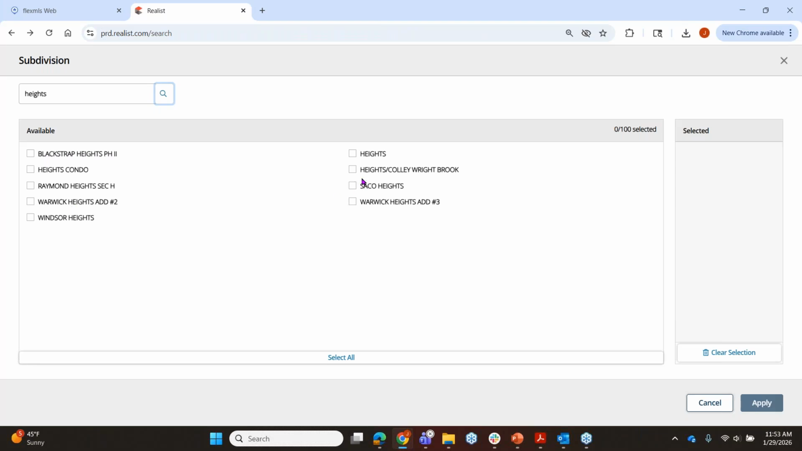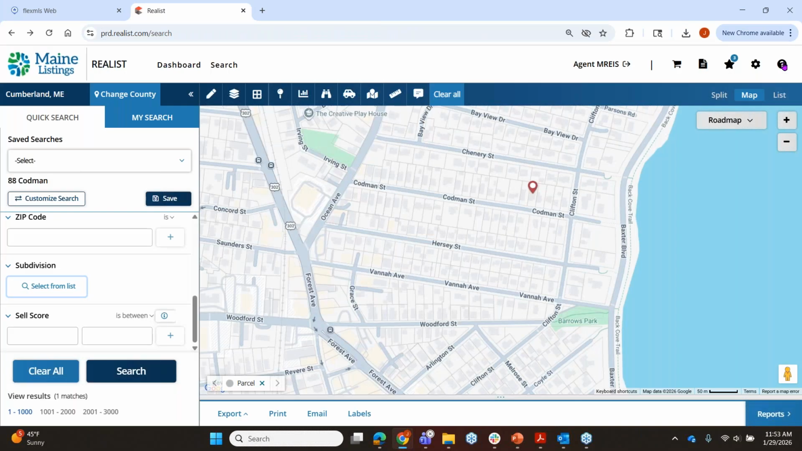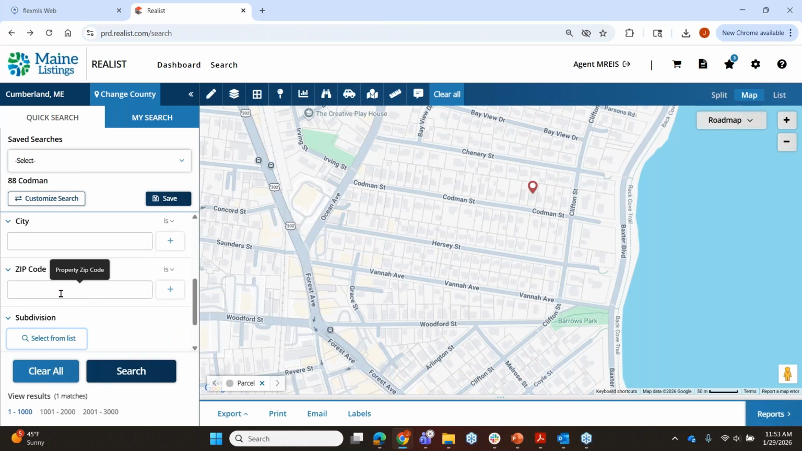And sometimes there can be different sections, different filings. Like we've got Warwick number 1, Warwick number 2, Warwick number 3. So it's a good way to find them in many cases. But aside from that, if I don't want to use a geographic area to search in, I can simply draw